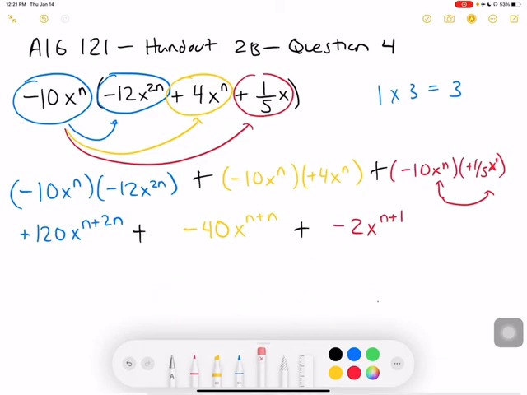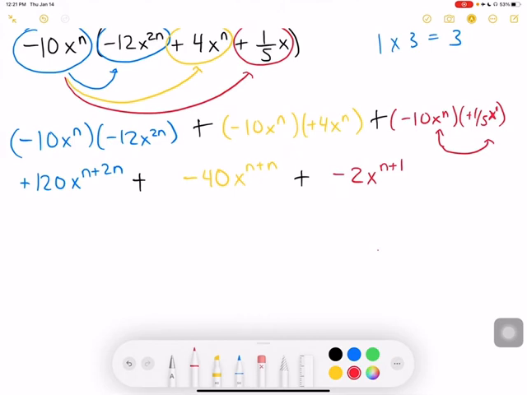Let me simplify this into just one color and add those exponents already. That's going to be 120x to the power of n plus 2n, which is 3n. Then over here I have a plus and a minus, so I'm going to convert that into a minus 40, and then add those two exponents. n plus n is 2n. Then I have a plus and a minus, which becomes a minus 2x to the power of